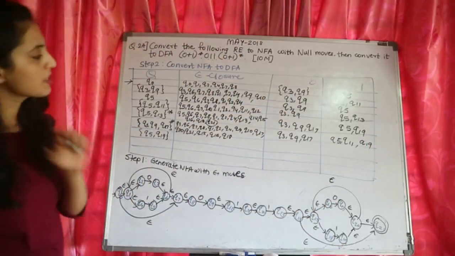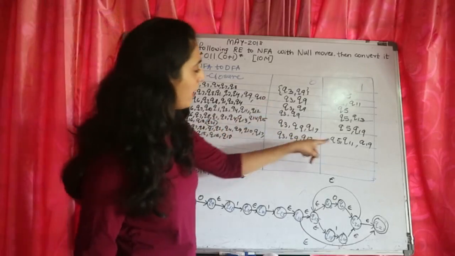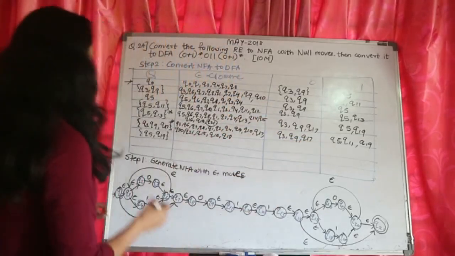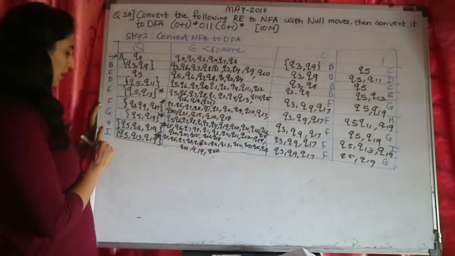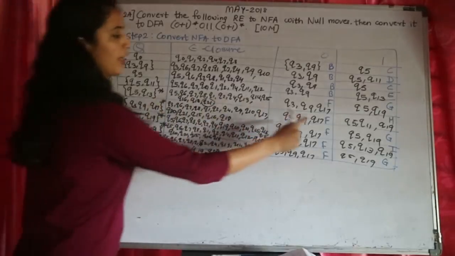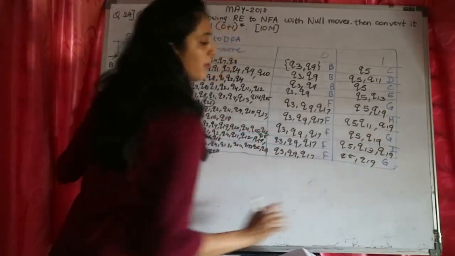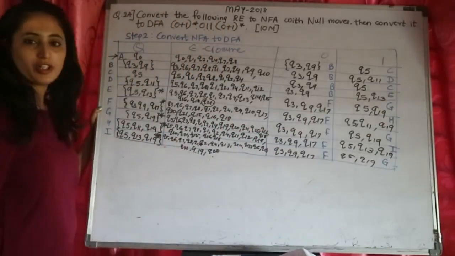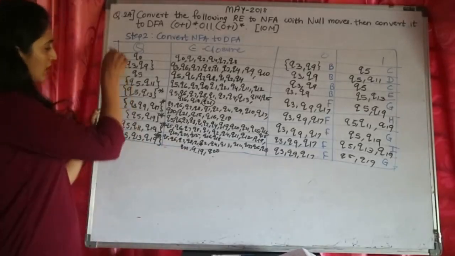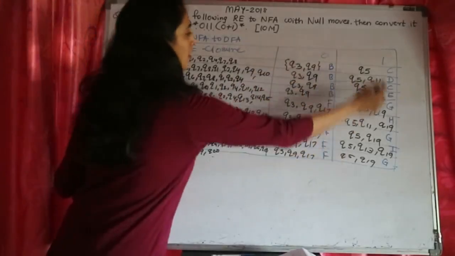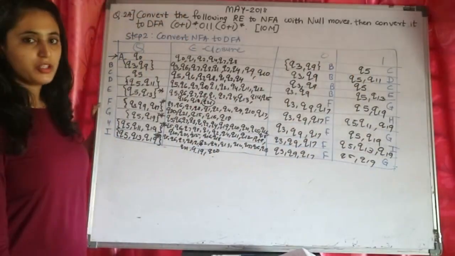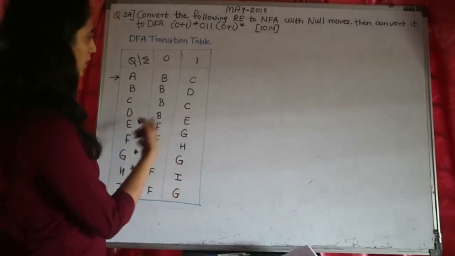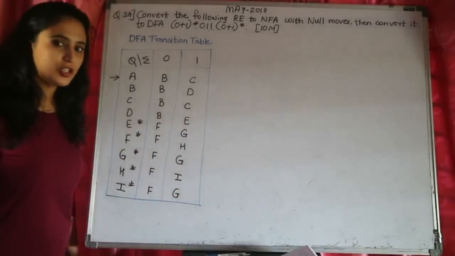Now do we have any new states? This is the same, so no need to write it. But this is a new state, so we'll write down this state. Okay, we are replacing all these variables from here with the actual values and matching them over here. So now, with this, the NFA to DFA conversion table is ready. Now with these A, B, C, D, all the new values, we will make a table which we call a DFA table. Now that table we have converted to this DFA transition table.